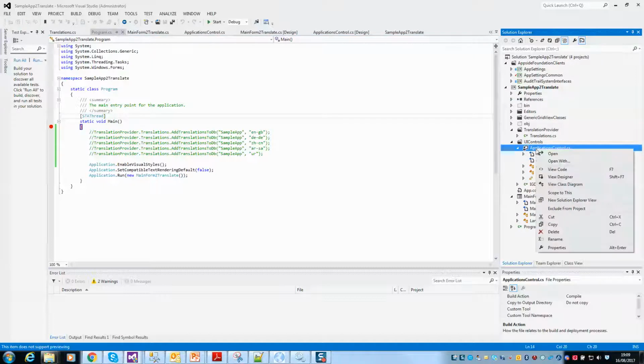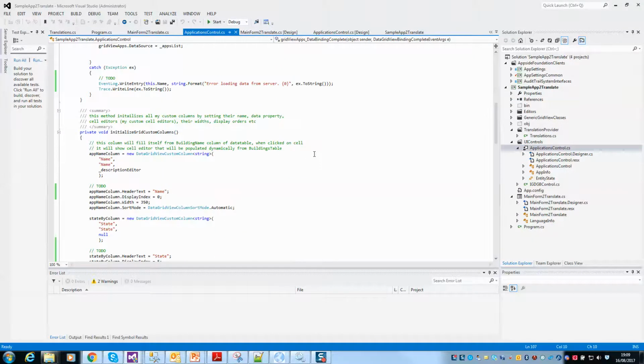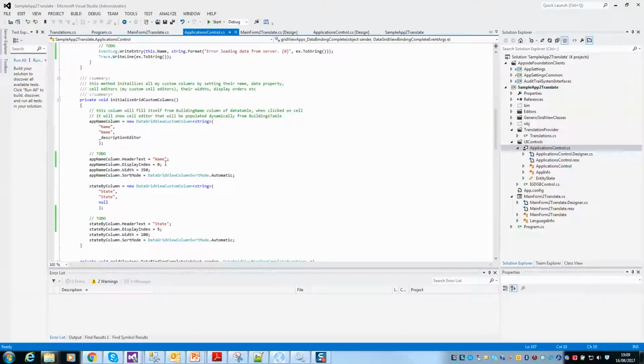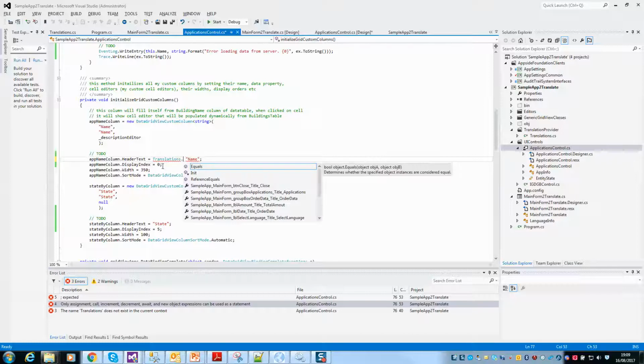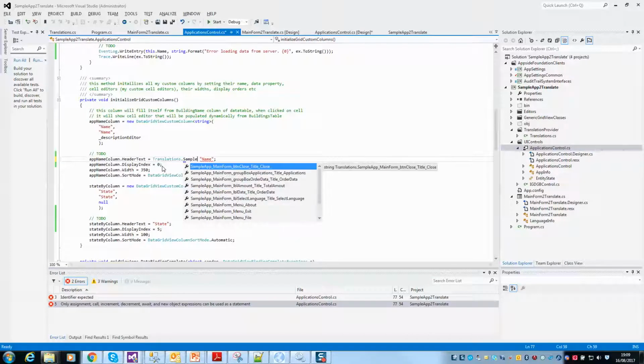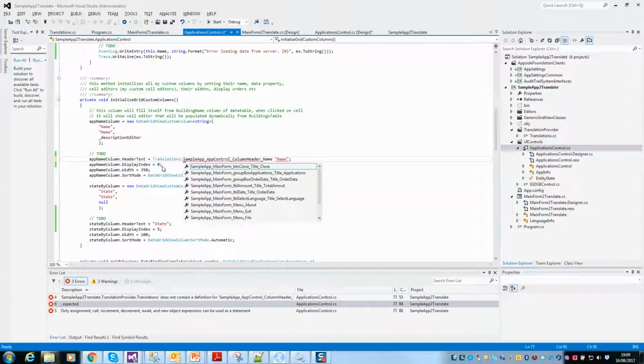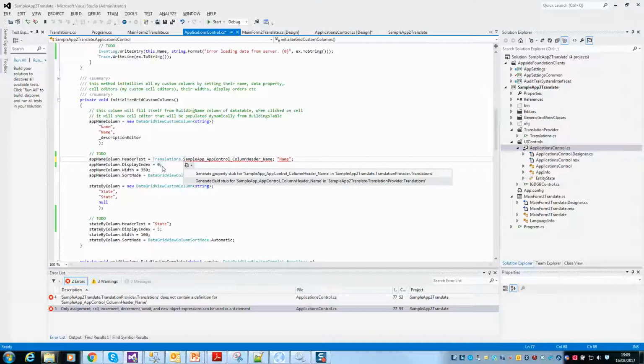We have this control implemented here. So let's just go in here. And in this control, we can see that we have this column header, we can translate that. So we can say translations dot, and we can say sample app underscore control underscore column header underscore name. So we can give a name something like that, and we can make a property, and in the